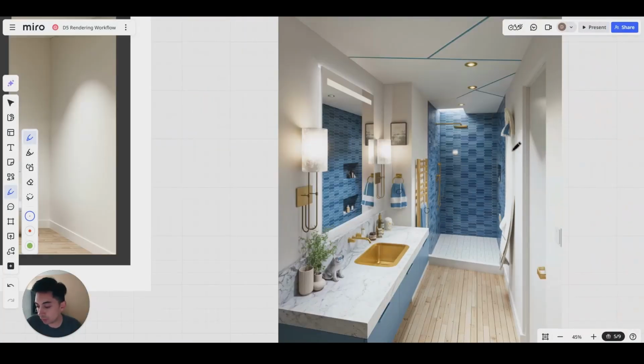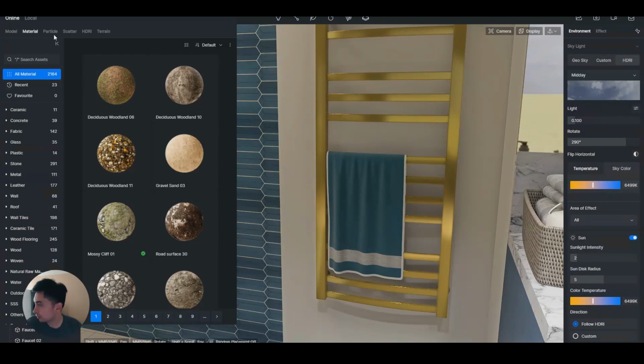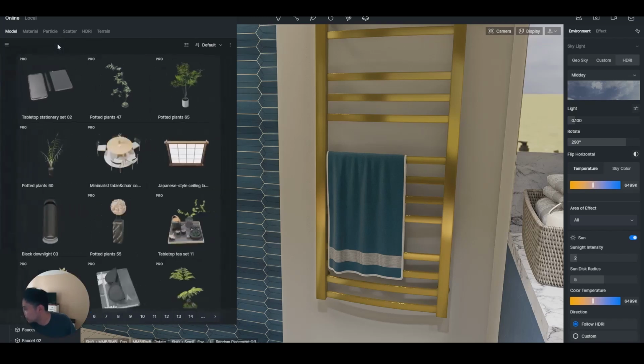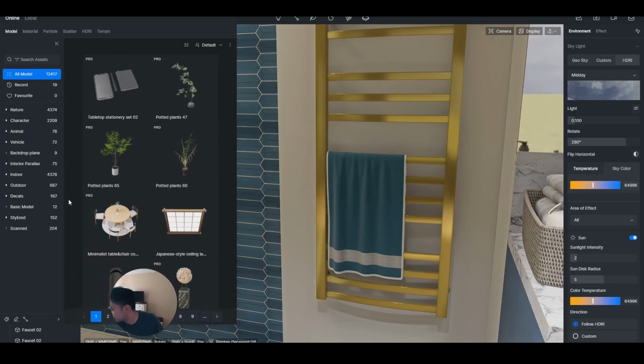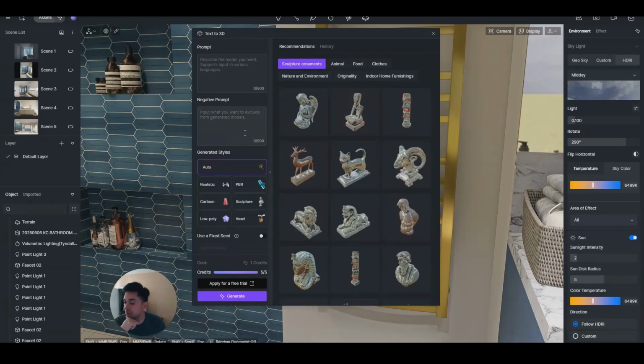Also, another cool thing that I found was that, for this specific item here, I was able to come to the 3D objects here, and you can go to model, I believe it is. Where did it go? Okay, now that I'm here, I cannot see it anymore. Maybe I'm covering it here. Well, there is a section where you can, oh, here it is. You can actually create a 3D item. So for instance, I don't want to use it because I already have used my 5 points, but if I put surfboard,